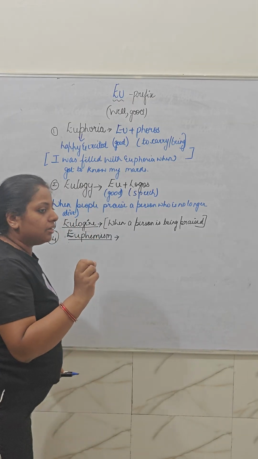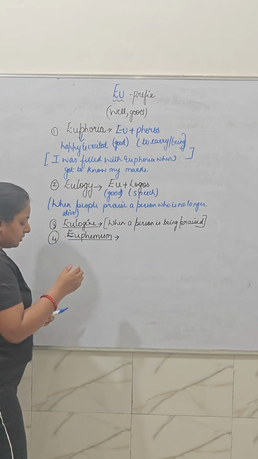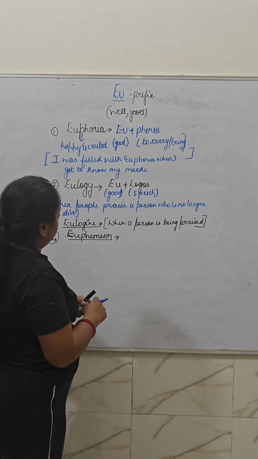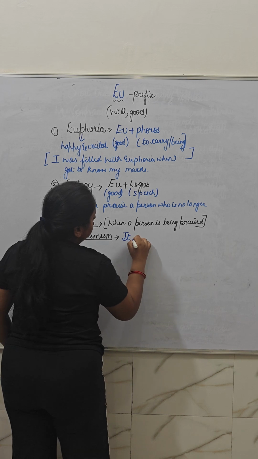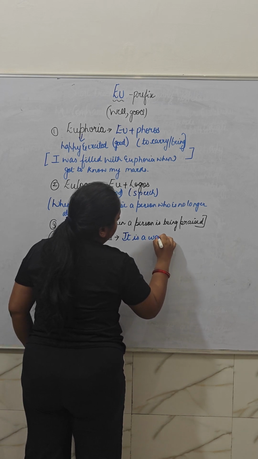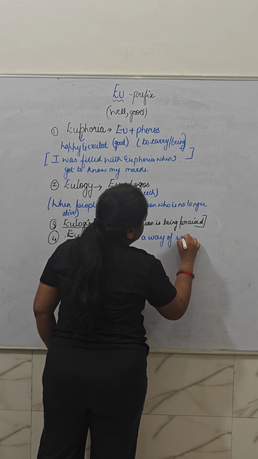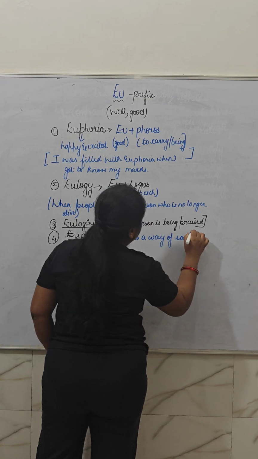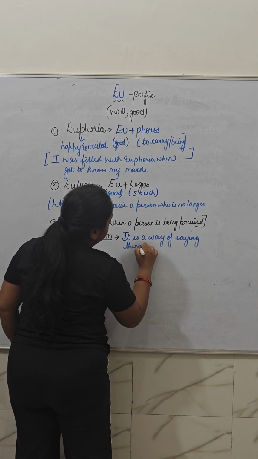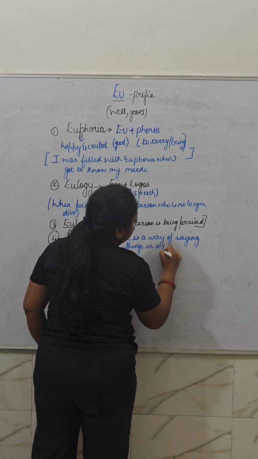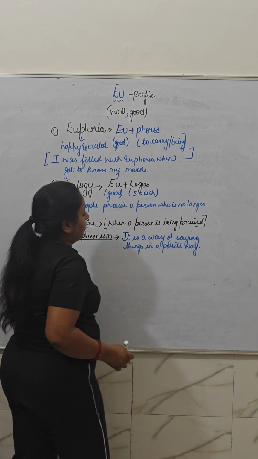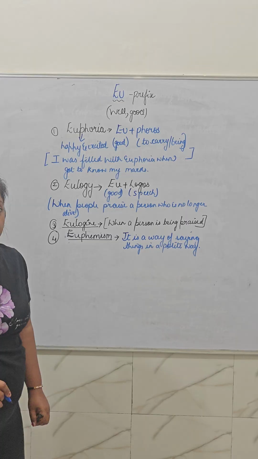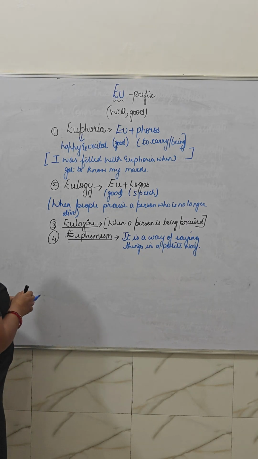So in a gist, you can understand that euphemism is a way of saying things in a polite manner, so that the person on the other hand doesn't get offended. Euphemism, okay? Now coming to the fifth word,